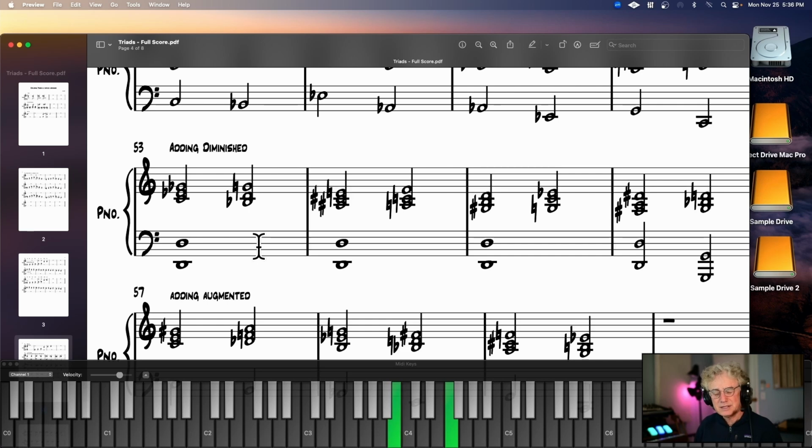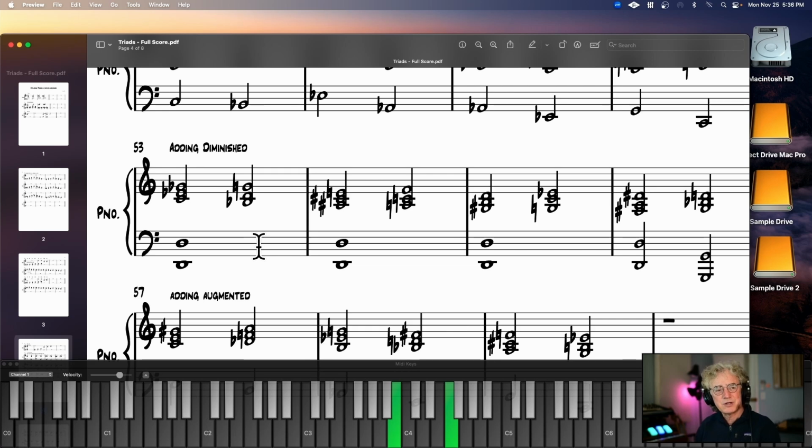And it has two minor thirds stacked on top of each other. So B to D is a minor third, and D to F is a minor third, right? Now, the outer shell is called a tritone, right? Because it's got 3 whole steps. So C to C sharp to D sharp, and D sharp or E flat to F, right? A tritone